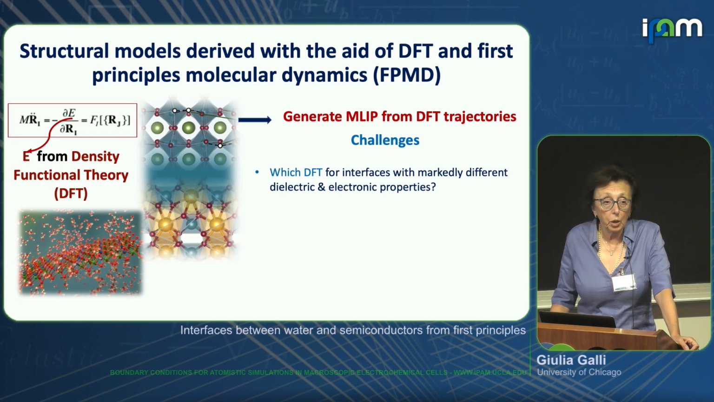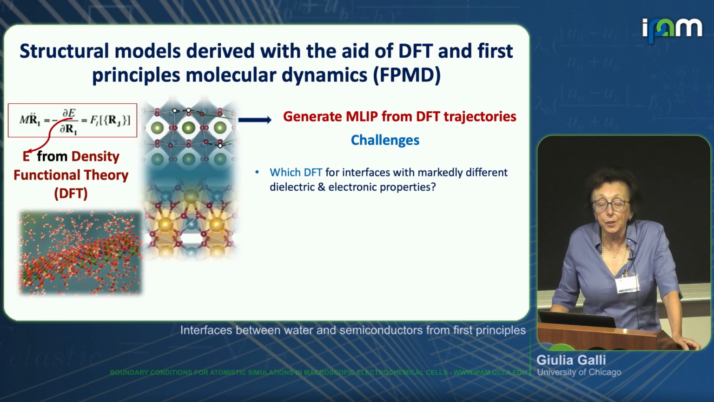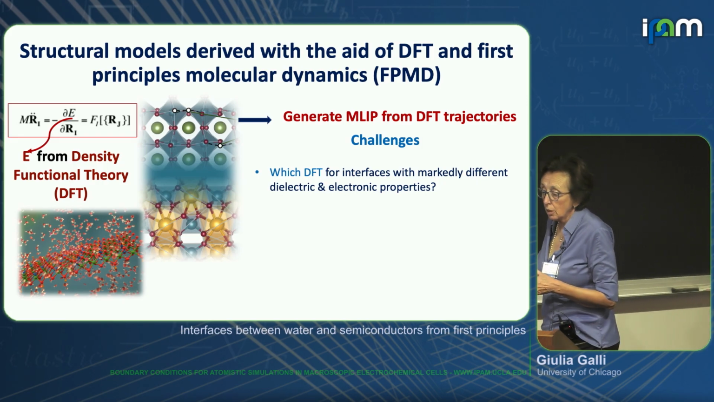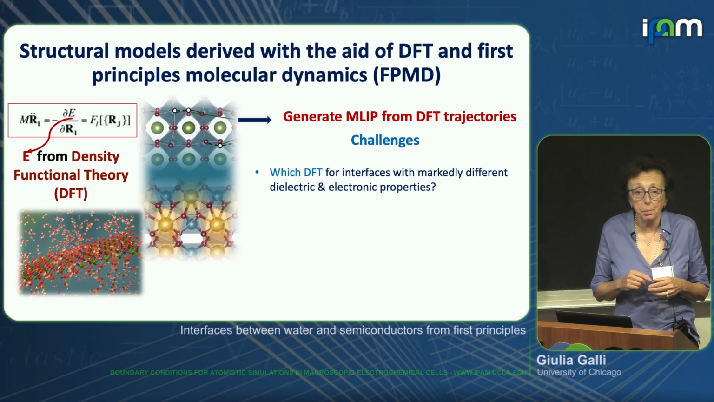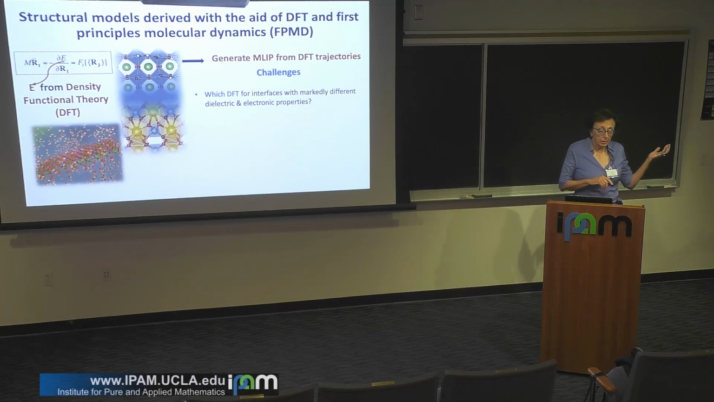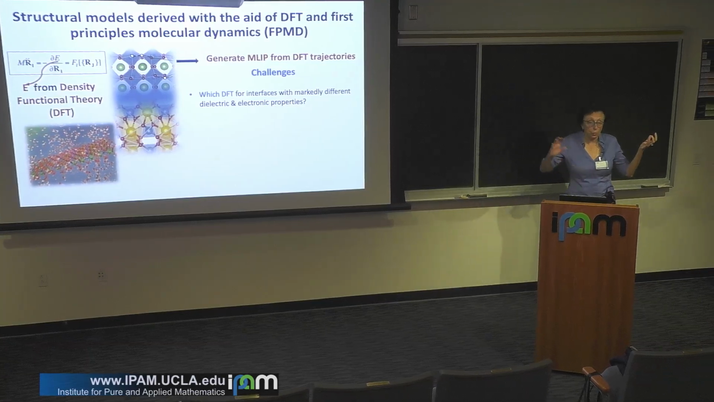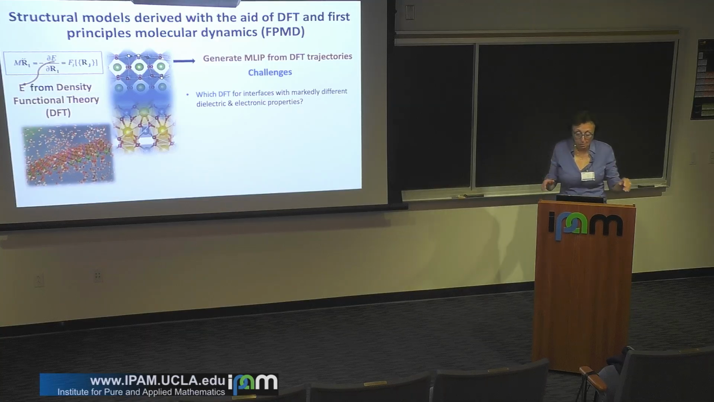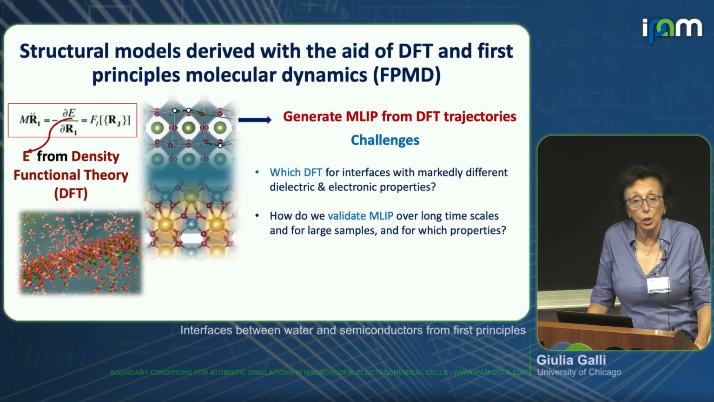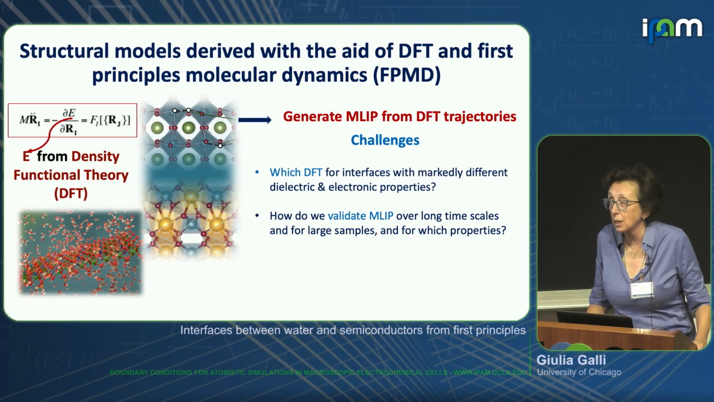So let me tell you what the challenges are from the beginning. First of all, if you have a system with very dissimilar dielectric and electronic properties, finding a density functional that is appropriate for both systems is very complicated. Silicon has a dielectric constant epsilon infinity of 12, 13, water of 2, and this is a problem, for example. Then if you want to generate a machine learning potential, how do you validate it over a long time scale, a time scale that you cannot simulate with